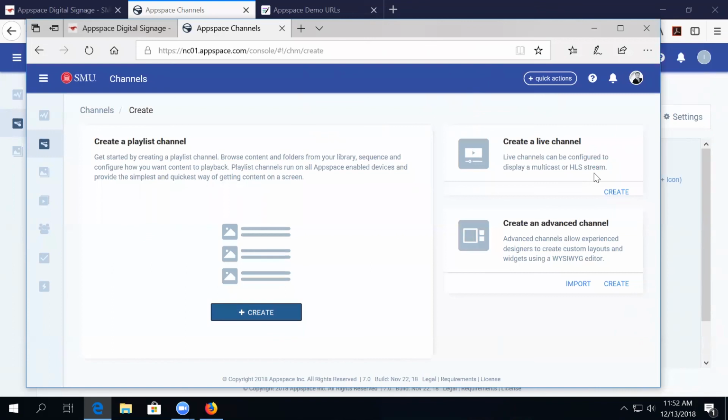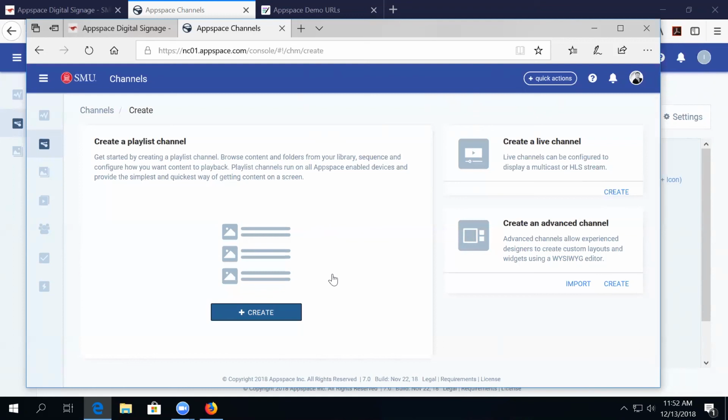But we haven't really dived deep into any of the live content stuff. That's something we'll be looking at in the new year. There have been some questions recently, people asking how to do that, and we will be investigating more of that next year. But the two are the advanced channel, which is what we've dealt with for the last 5 years, and the new playlist channel, which is a more advanced version of